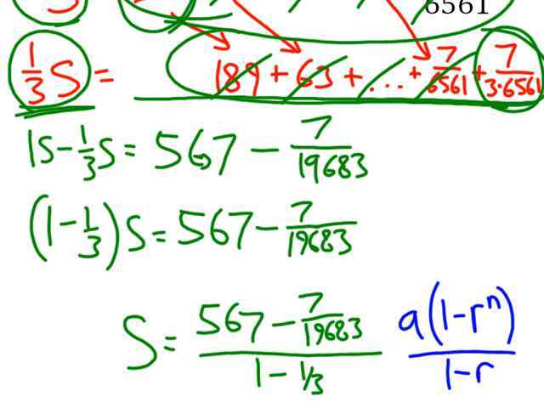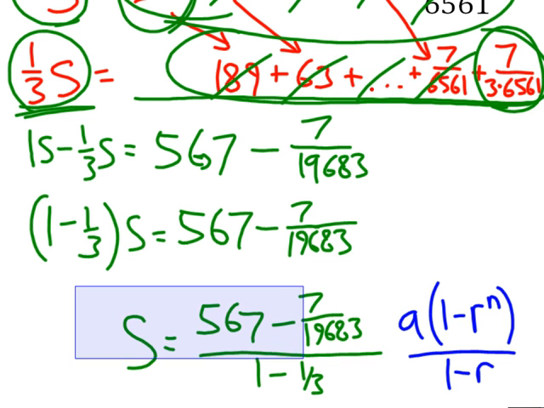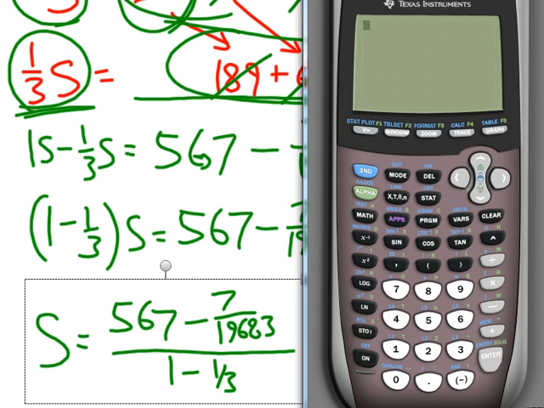And let me bring it on the screen here. And let me just move this over a little bit. And I would do, I'll go ahead and use the fraction capability here. Sorry, TI-83 users. 567 minus 7 over 19,683 over 1 minus 1/3. I'll go ahead and just type 2/3 into the calculator. And I get